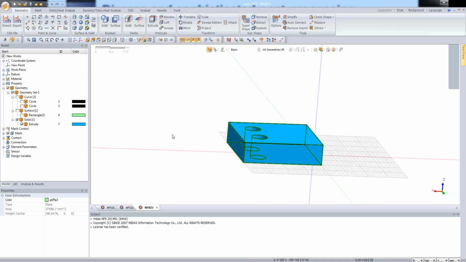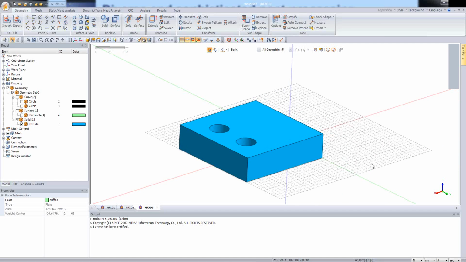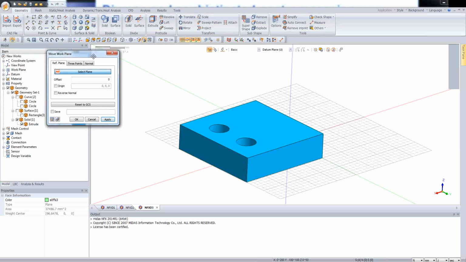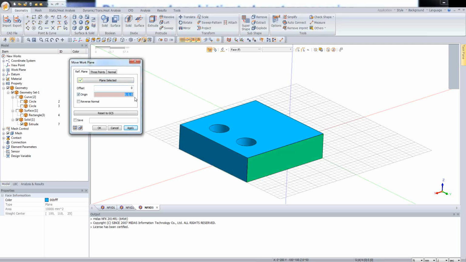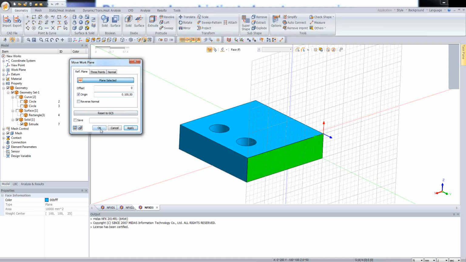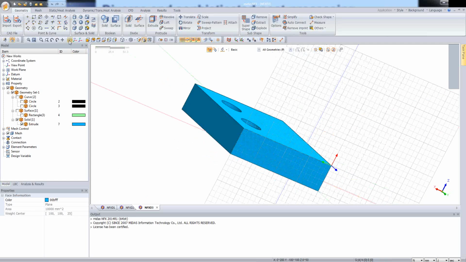The second step is, let's say, changing the work plane. So I will use this command, move the work plane, and I will move this work plane using the face. So I want to create a work plane on that face with reference to the origin. So this time let's specify 0, 150. Let's click on preview, and let's click on OK. Now I can click on the normal view,